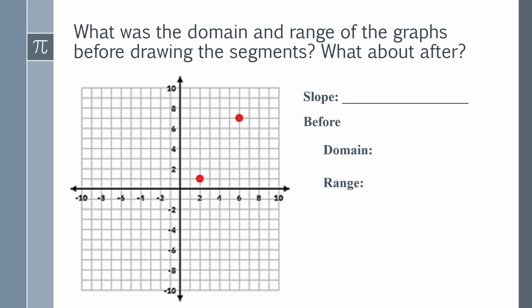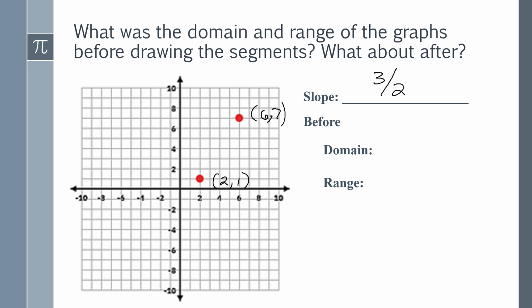Okay, so let's talk about what happens when we go from a discrete set of data points to a segment. This was from our first problem. We had solved this before. Our slope was 3/2. This point here was at (2, 1), and this point here is at (6, 7). So our